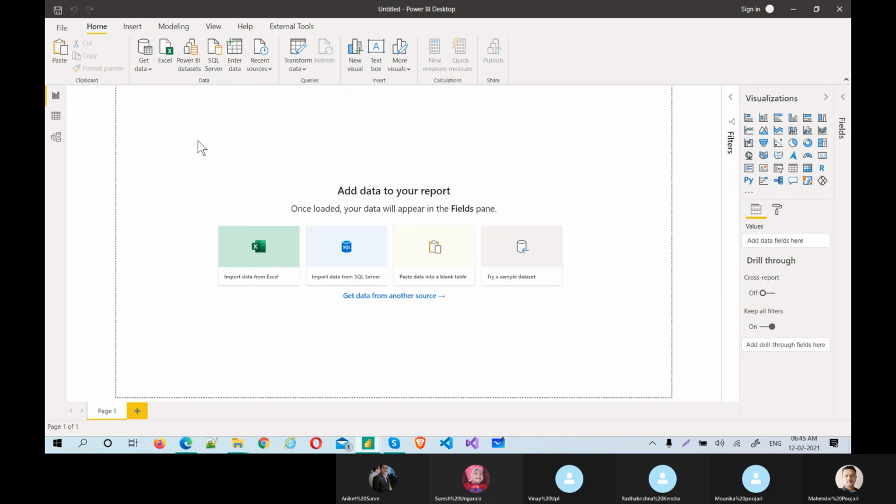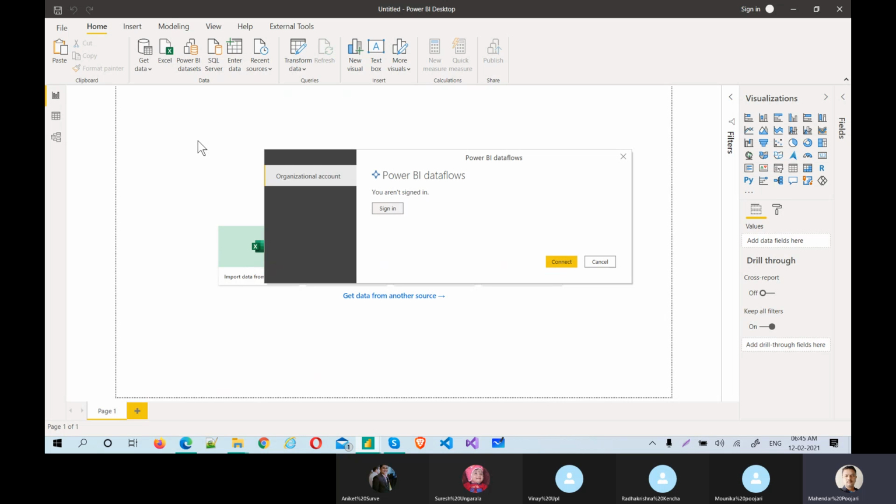Yesterday we discussed the difference between data sets and data flows. Data sets also can be shared, but the difference is something different. Here you need to sign in with your organization.